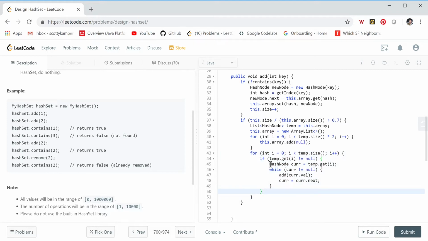So we loop through here. If that index is not null, then we get the head of the list, and each element in that list we just add to our new array. Okay, this part in here in particular, the resizing of the table, is probably the most confusing part of all of this. Okay,